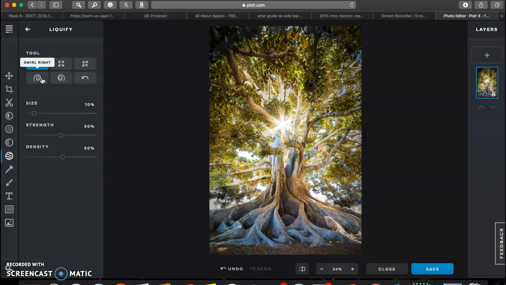Now in the liquify section, say we wanted to swirl these roots around. You can kind of see that slowly we are swirling the roots. Now that's just one way that you can edit these photos, and in a class I would use this to